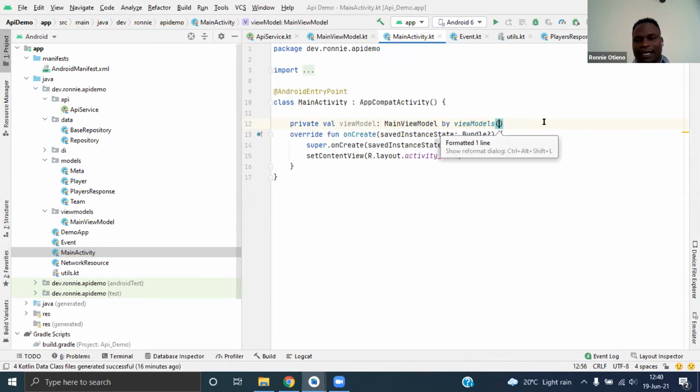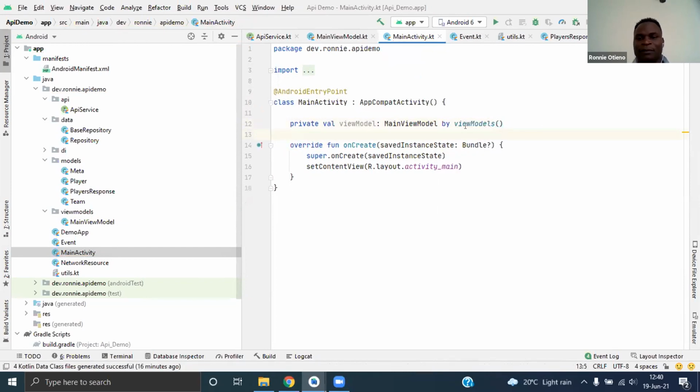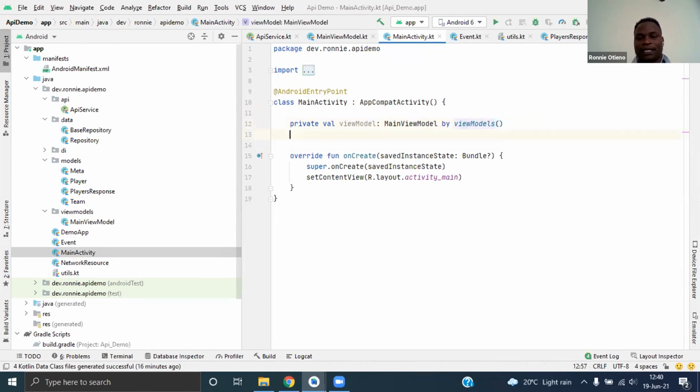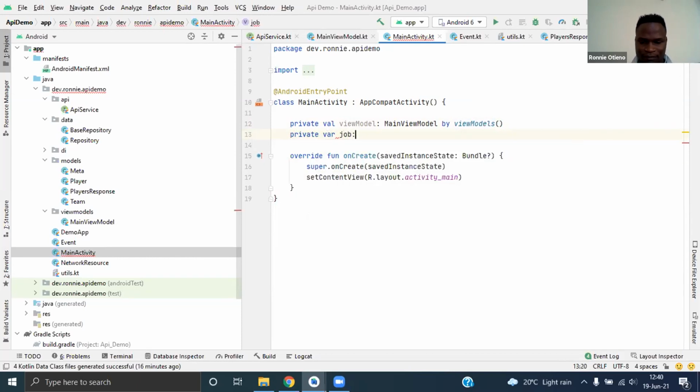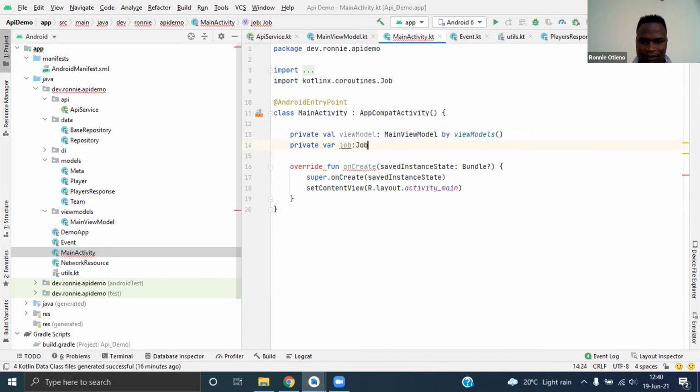Because we are using KTX and everything, this will all be provided for us. We don't need to provide it ourselves. And also we can use a job to know if this has been run, so we can just put private var job of Job.